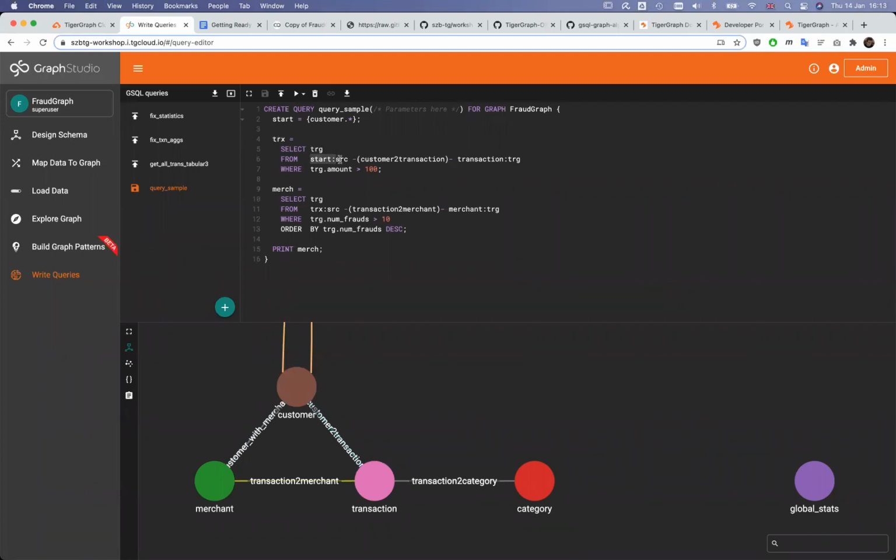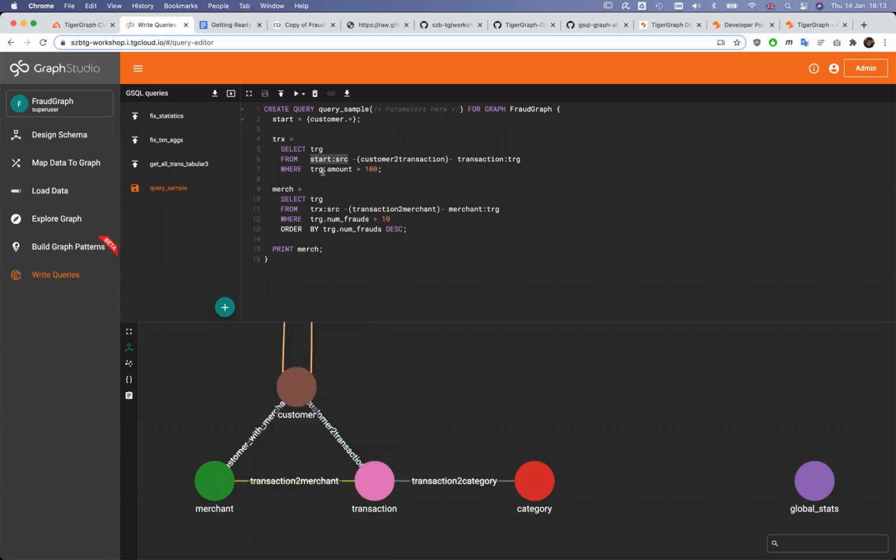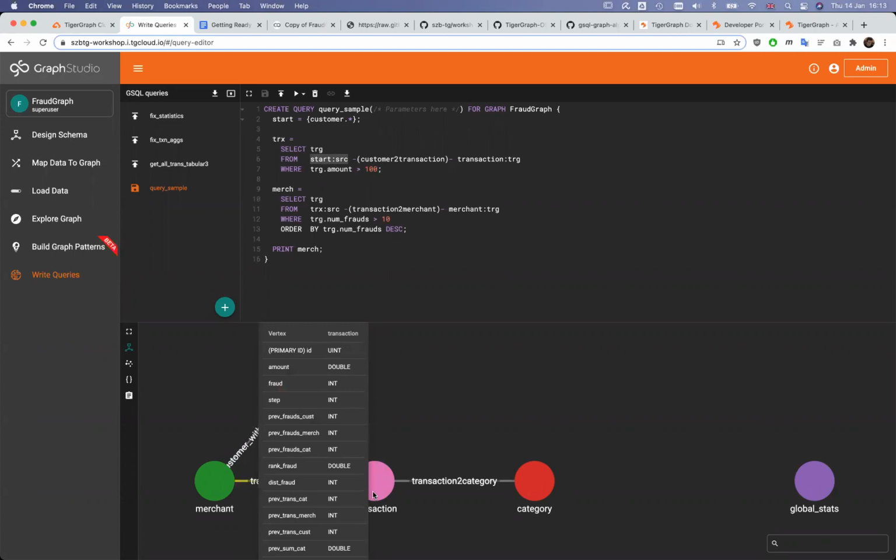I'm starting with this source, the seed data set, and through the customer to transaction link, this one here, I want to arrive at transaction vertex instances where the amount is higher than 100, whatever currency unit it is.